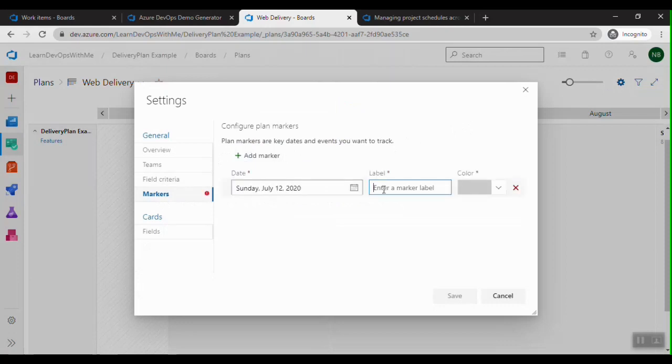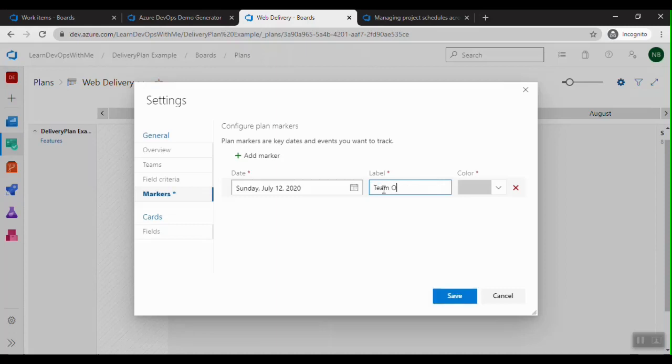Basically, markers help us to define key events in a calendar. It can be a feature release or a product launch, or it can be organization or team specific events, like a team offsite or an annual event, anything which should be highlighted in the plan. So we can use marker and make an entry here.